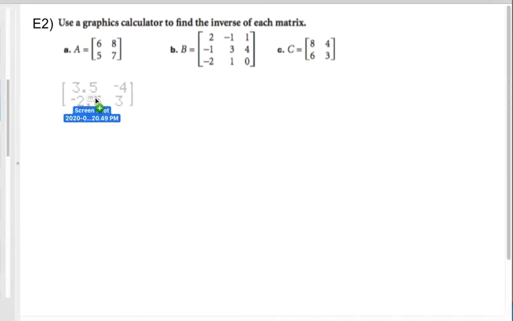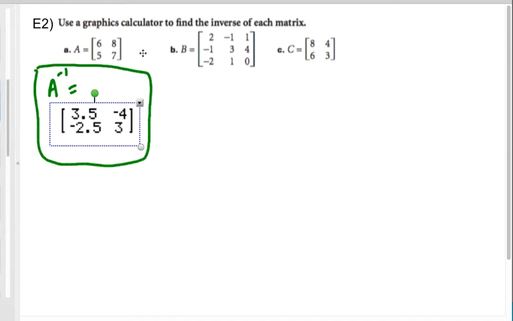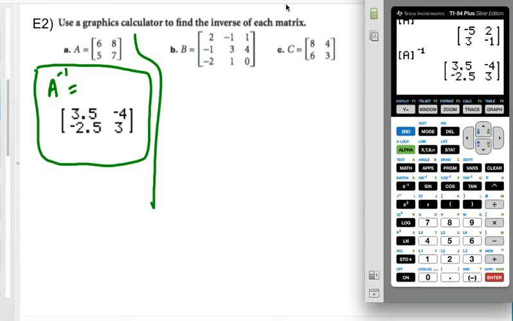And there's our A inverse, right? So A inverse equals, that's the first one, right? Now, I know that this other one actually says B and this one says C, but I'm going to be honest and say that that's just because that's what they called them. It doesn't mean that's what you have to enter